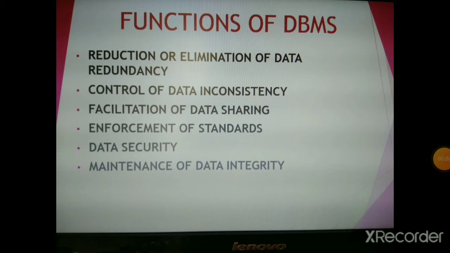Control of data inconsistency. Consider an organization not using a centralized database, where students' addresses are stored in two files, bus information and fees information. A student informs the bus in charge about the change in address, so the new address will be reflected in the bus information file, but the same change may not be made in the fees information file. Hence, two files would have different addresses for the same student. This will not happen in a properly maintained database.